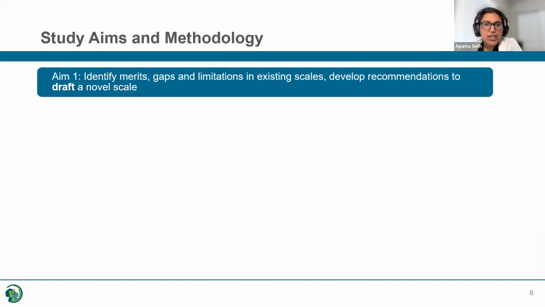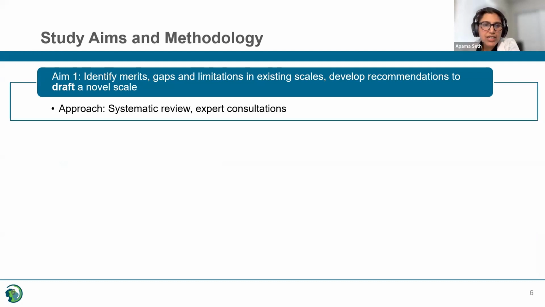Now, to give you an overview of the study aims and methodology. The first aim is to identify existing measures of fertility intentions, including identifying any merits, gaps, and limitations, and developing recommendations to draft a new scale.